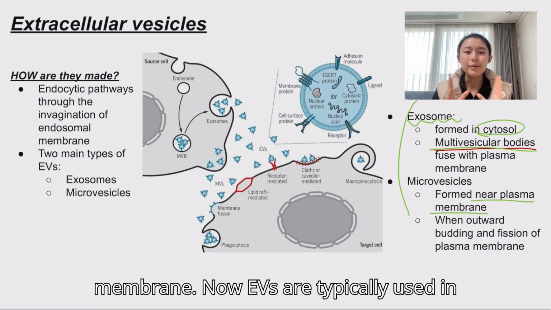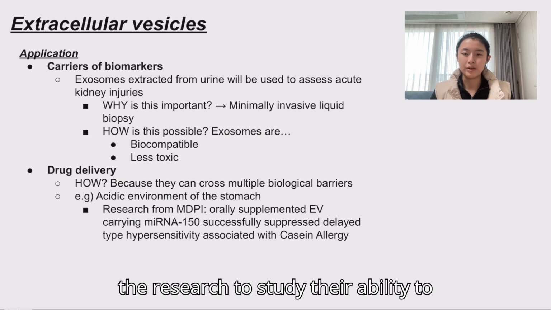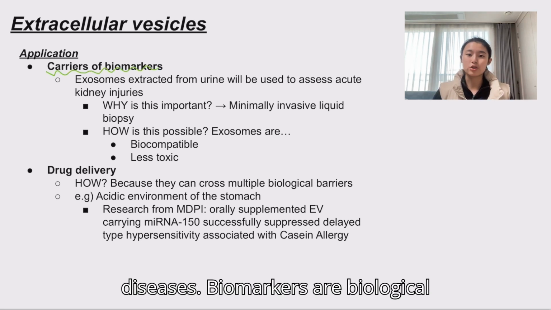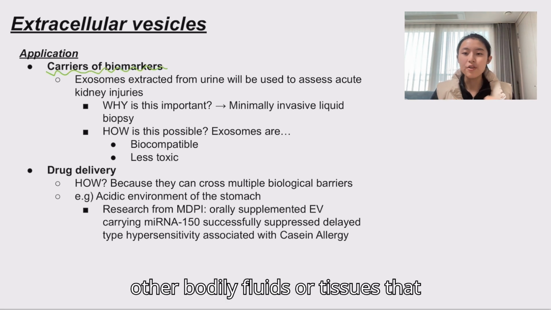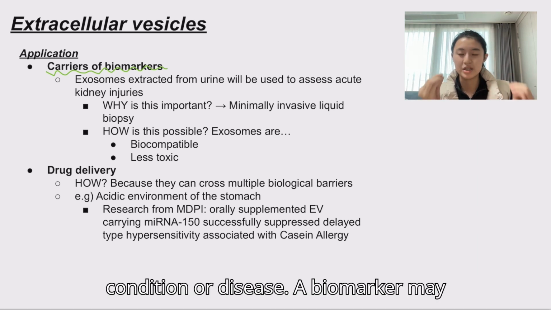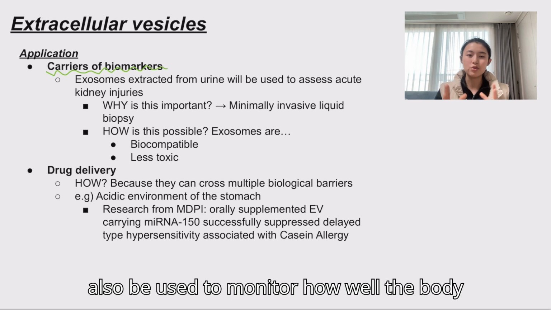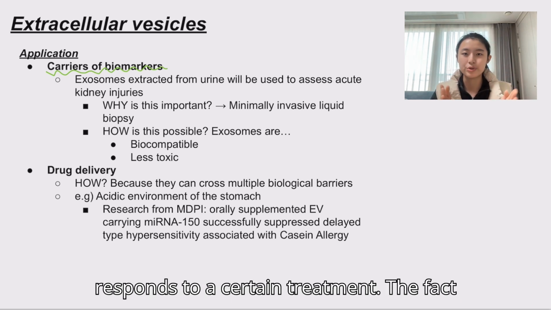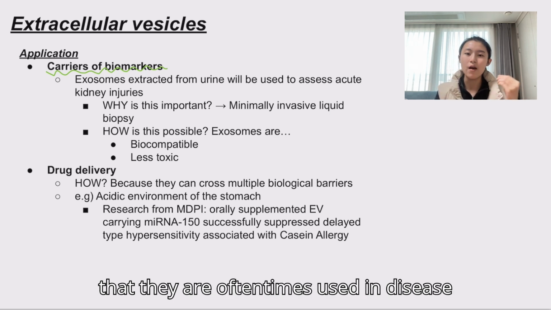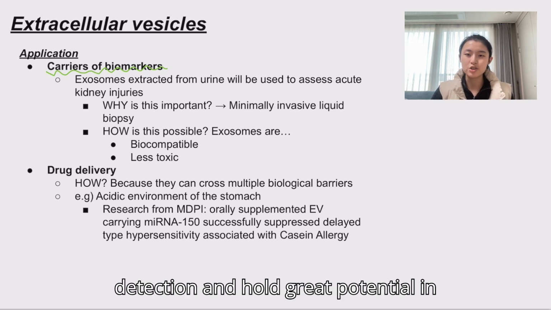Now, EVs are typically used in research to study their ability to act as carriers of biomarkers for diseases. Biomarkers are biological molecules found in the blood or even other bodily fluids or tissues that indicate a normal or abnormal process, condition, or disease. A biomarker may also be used to monitor how well the body responds to a certain treatment. The fact that EVs can deliver biomarkers means that they are oftentimes used in disease detection and hold great potential